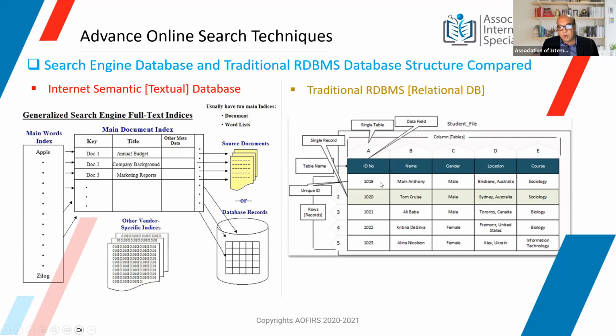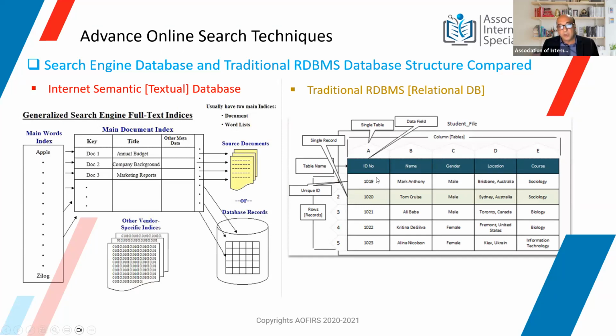There are rows and columns, and each of these are relational to each other, which means if there is an ID number here, then each of these A, B, C, D, and E rows are given a data field name or a data name. So the table has a data field ID number, and each of these ID numbers, for instance like 1019 or whatever,